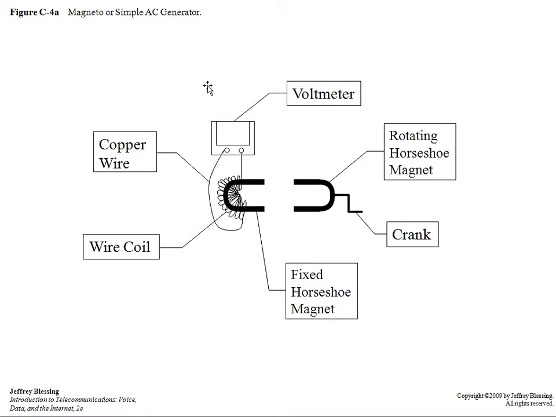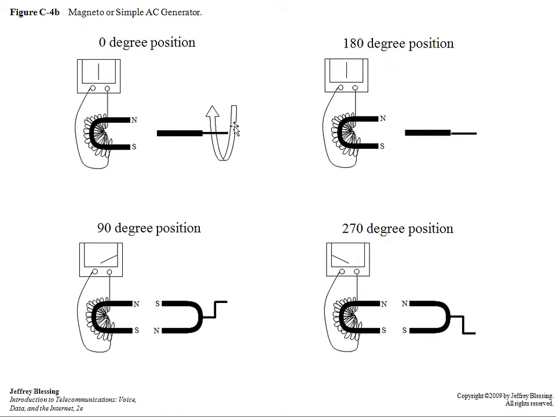As we turn the crank 90 degrees at a time, we notice that the needle on the voltmeter moves. It goes from a neutral position, completely vertical, to being pegged all the way over to the right when the two magnets are attracting one another at both gaps here. Then back to neutral when another 90-degree turn is applied to the crank, and then it's repelling, going all the way in the opposite direction, pegged left, when the two like terminals are facing one another, and then